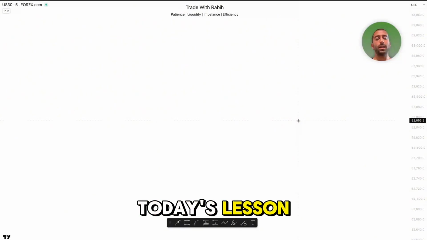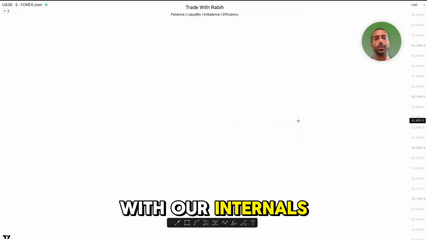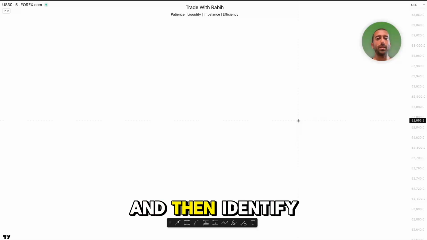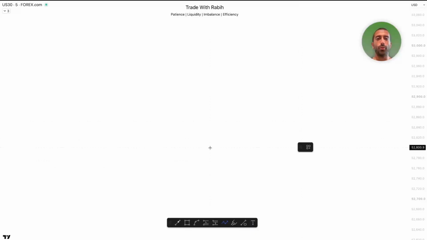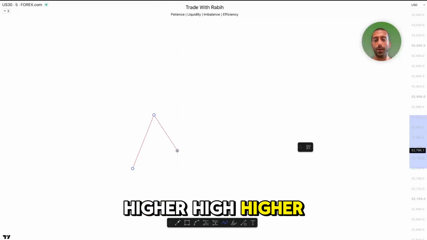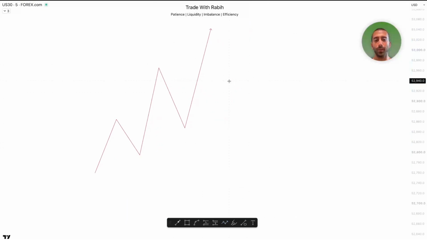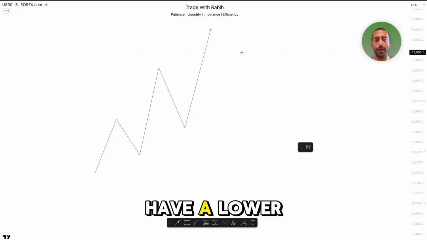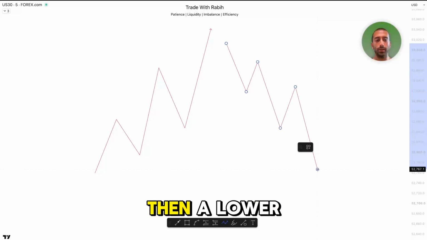Okay, now in today's lesson, we are going to continue where we left off last time with our internals and externals, and then identify valid breaks of structures and liquidity. Okay, now you already know that in a bullish trend, you have a higher high, higher low, higher high, higher low, and then another higher high. And in a bearish trend, you have a lower high, lower low, lower high, lower low, and then a lower